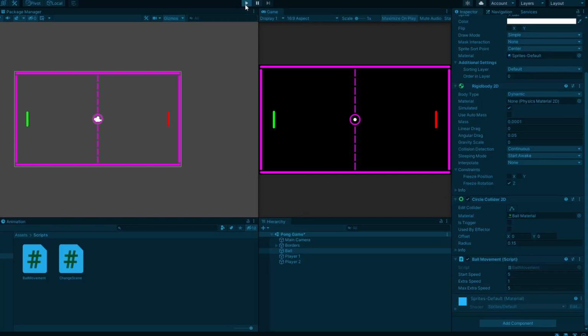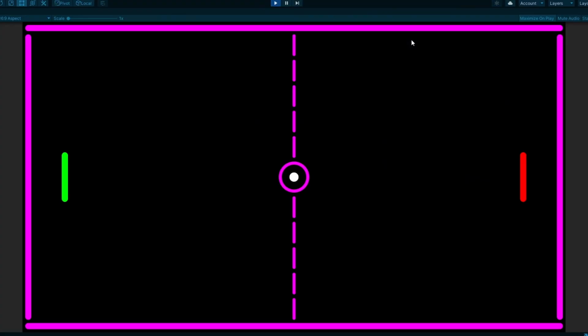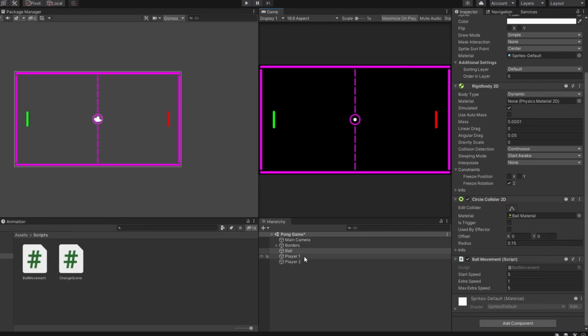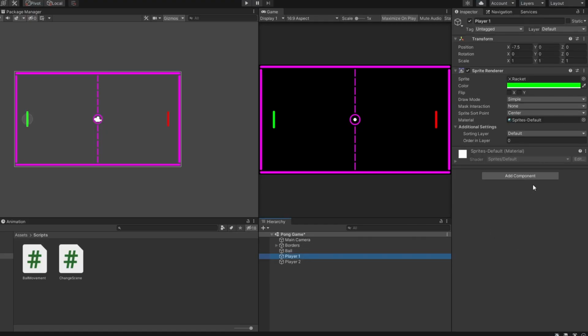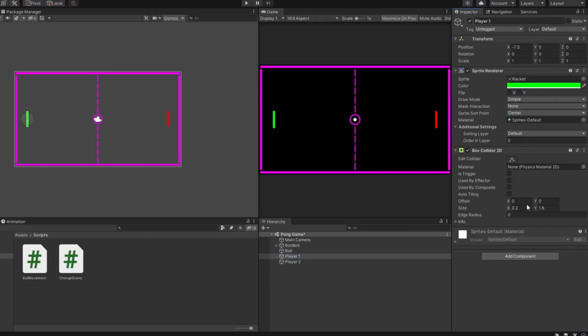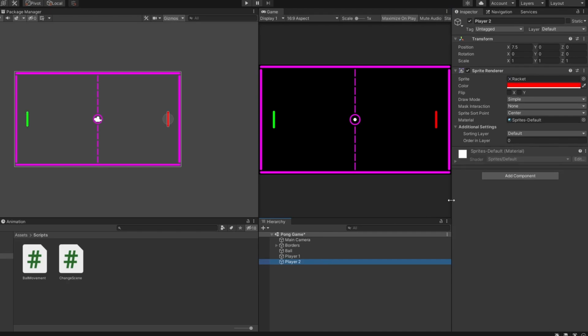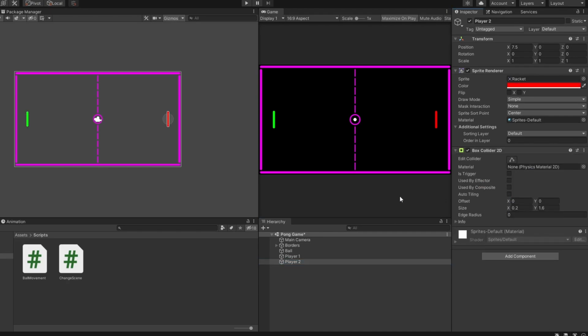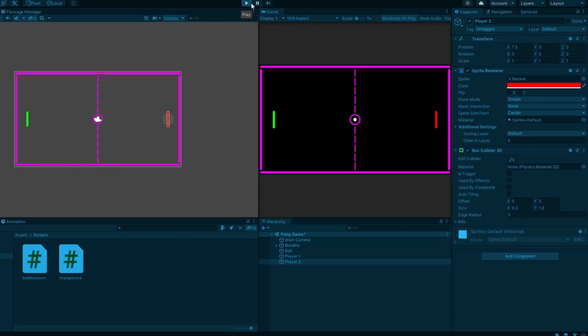Alright, let's enter play mode to try it out. Alright, you can see that the ball waits for 1 second before moving to the left. The reason why it passes through the racket is because we have yet to set up the colliders for our rackets. So let's exit play mode and add the collider. Select the Player 1 game object and we want to add a BoxCollider2D. We want to do the same for the Player 2 game object as well. So let's select it and add a BoxCollider2D. Alright, let's enter play mode to try it out again.